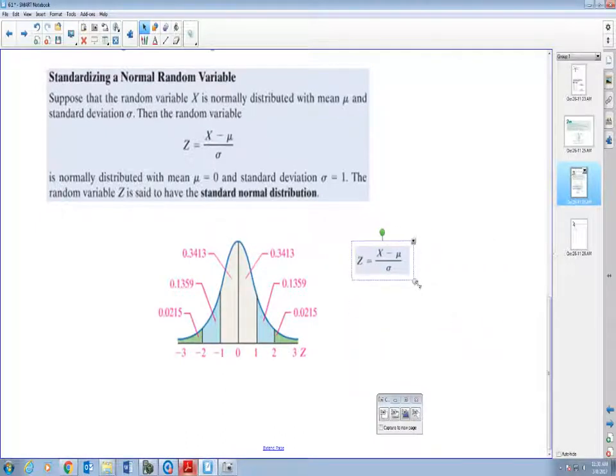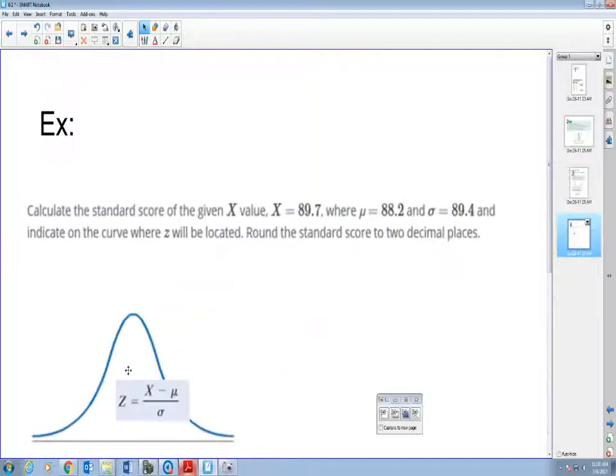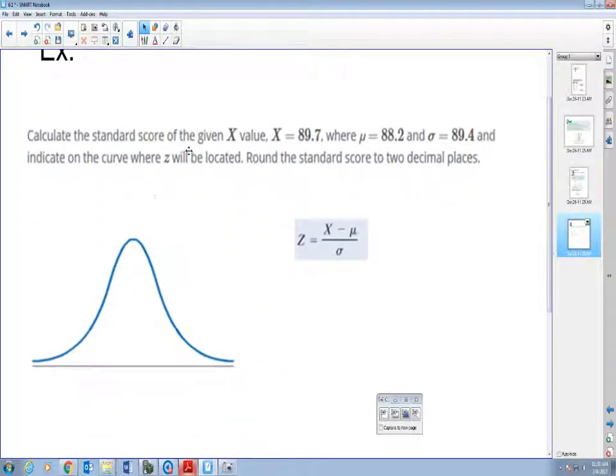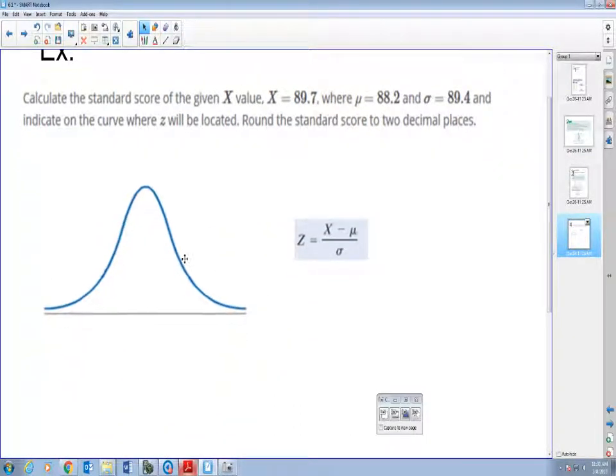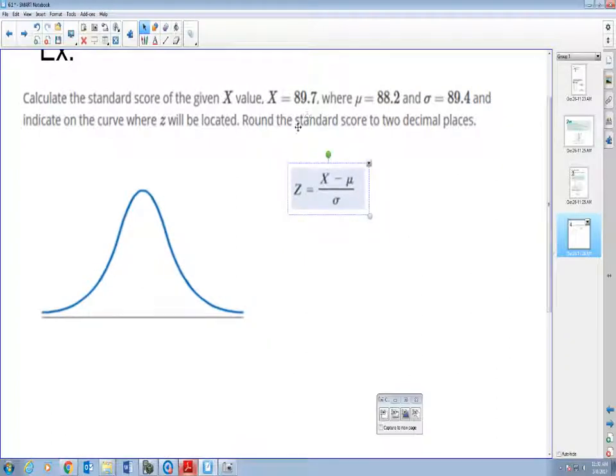Alright, let's take it to the next page. Alright, so calculate your standard score. So my random variable x is at 89.7, where the mean is 88.2, and the standard deviation is 89.1. So what's happening here is